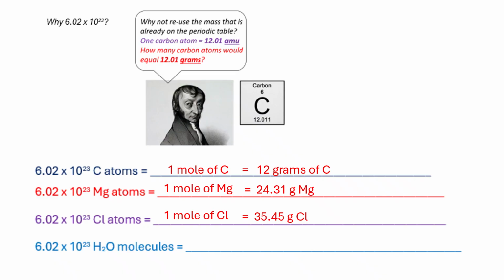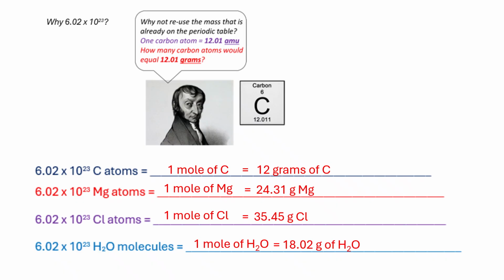Again, we're just getting these numbers from the periodic table. We're just reusing the atomic mass that's already there to describe the mass of a mole of these substances. And then finally, water molecules. If I have that many water molecules, you can say that you have a mole of H2O, which weighs 18.02